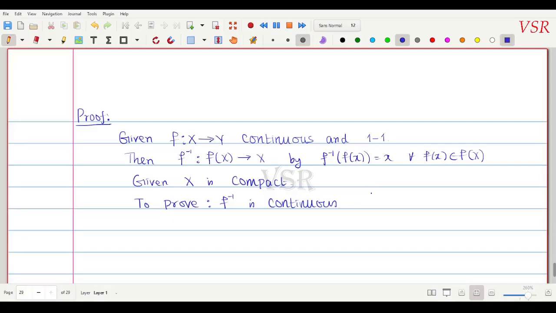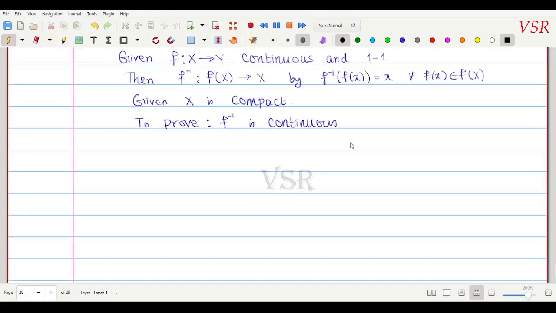To show a function is continuous, it is enough to show the equivalent characterization: the inverse image of a closed set